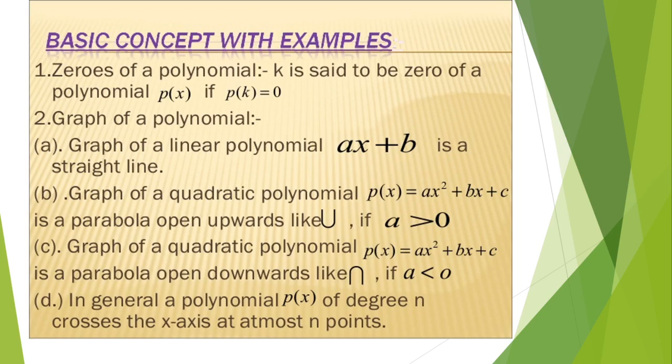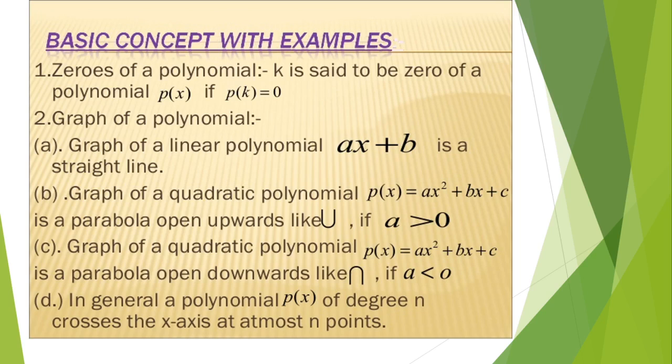For example, p of x equal to x plus 1. Instead of x if you take minus 1, then the result will be 0. So minus 1 is called the zero of the polynomial p of x equal to x plus 1. Whereas instead of x if you take 1, p of x equal to 1 plus 1, that is 2, where 2 is called the value of the polynomial p of x equal to x plus 1, right? Next,